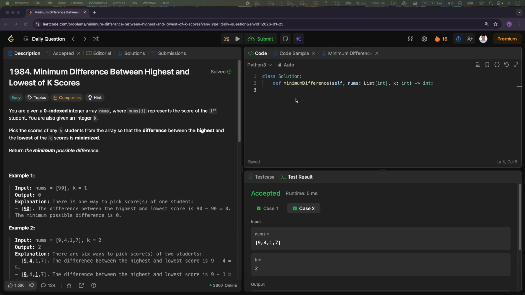So let's jump into the solution part of it. As discussed, first we are going to sort the given array. Then we need to keep an answer variable that will store our minimum. To store our minimum, we need to initialize it with the maximum possible, so float infinity. Then for i in range,